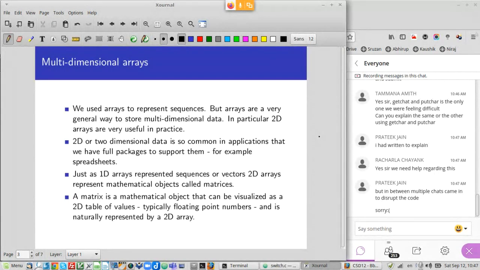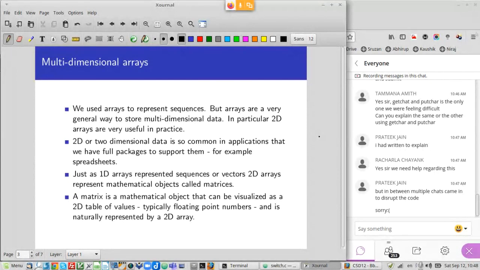So if you recall, we started by discussing sequences, right? We started with talking about selection sort, and we said sequences are modeled by, or represented by, one-dimensional arrays in C. Now, another very common structure that you find in real life applications is the table, right? That is, it's two-dimensional. So you have a number of rows and columns. As a matter of fact, it is so common that you have full-fledged software to handle it, like spreadsheets. A spreadsheet is a table.